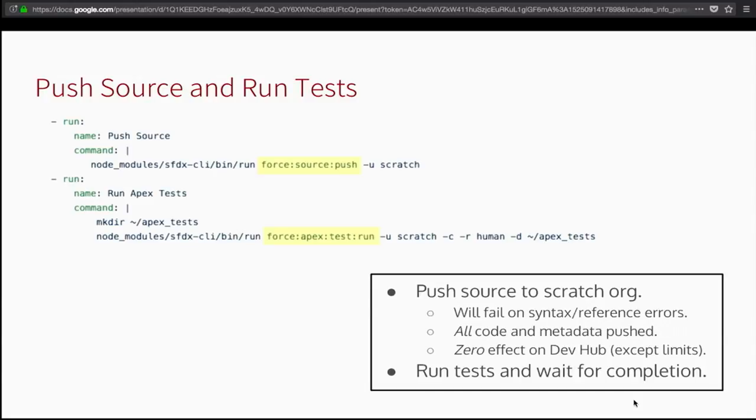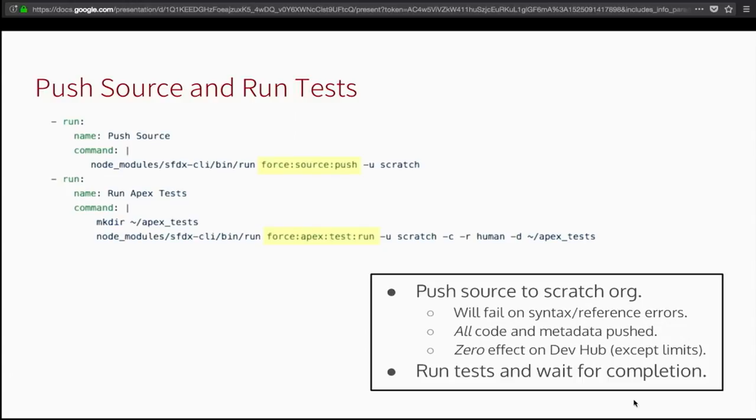Now, either of these commands can fail, by the way, but they fail in different ways to let you know what's going on in your source code. If we have an internal inconsistency of some kind, like we've made a syntax error in our apex, or perhaps a process builder XML definition has been edited to include a reference to a custom field that no longer exists. That's where we'd get that notification. We'd get something back from Salesforce DX saying, hey, we can't push this source because it's internally inconsistent, or there's a syntax error, or something else doesn't make sense.